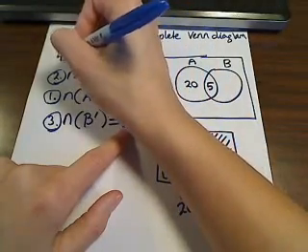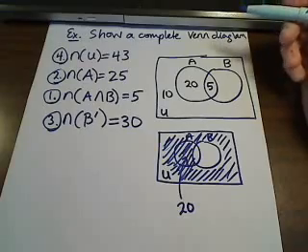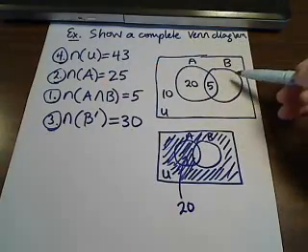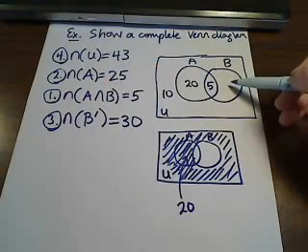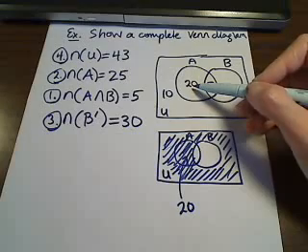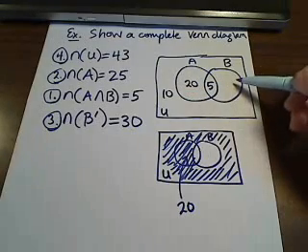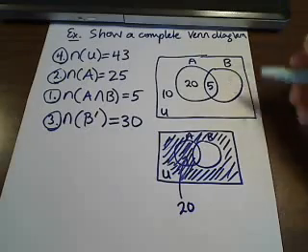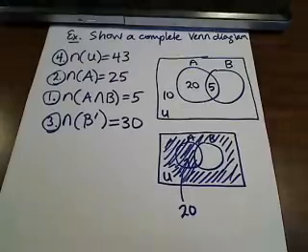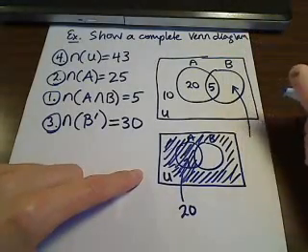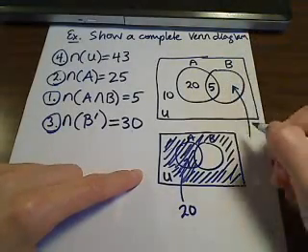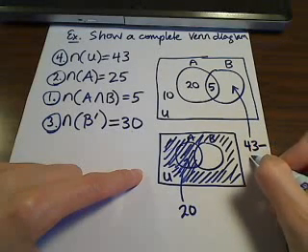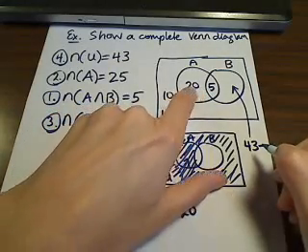And then the last thing here is to utilize the number of elements in the universal set. So what this allows us to do is find the number of elements in here. And the reason for that is because I already know the number of elements here, here, and here. There's only one region that I don't know of yet, and that's this region right here. Okay, so the number of elements in this subset right here is going to be our total, which is 43, and then I'm going to subtract off my 20, my 10, and my 5. So